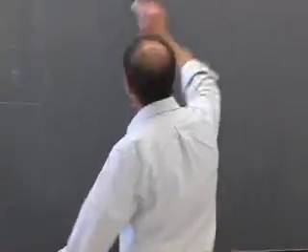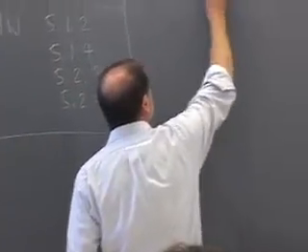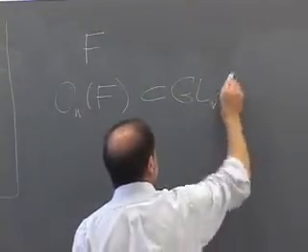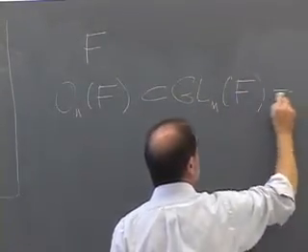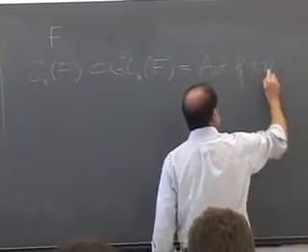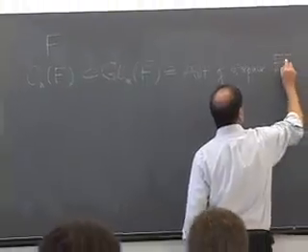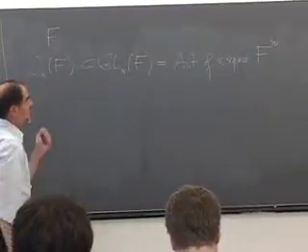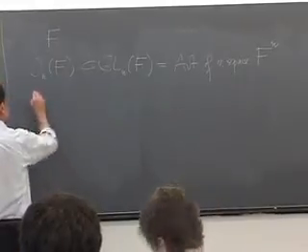So last time I had defined for you the orthogonal groups. That was over a field F. We had a subgroup O_n of F that was a subgroup of GL_n of F, which we viewed as the automorphisms of the vector space F to the n. And this subgroup was the subgroup that preserved an additional structure,